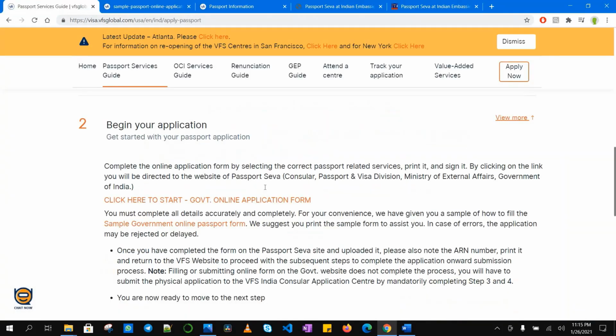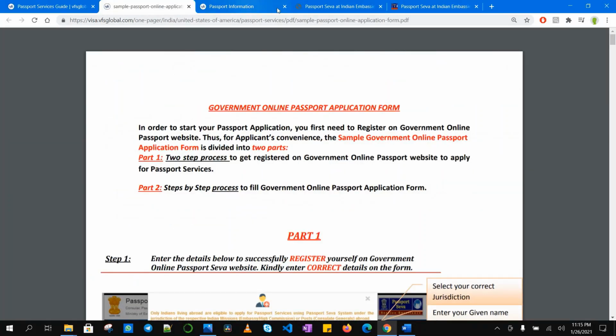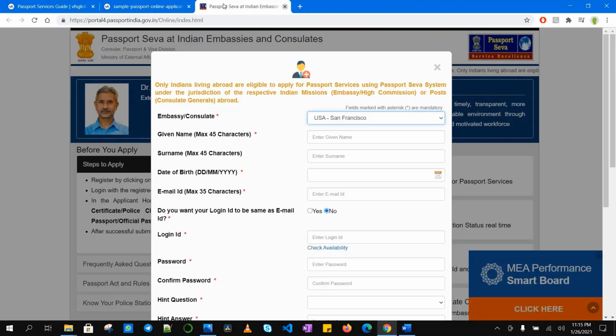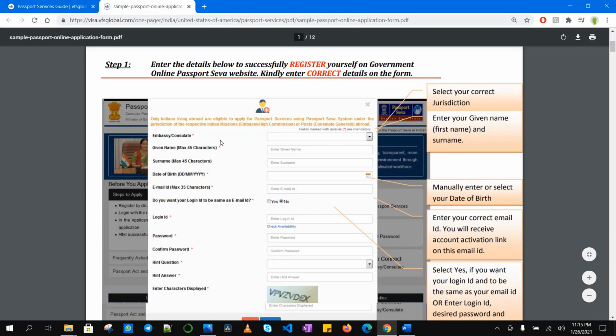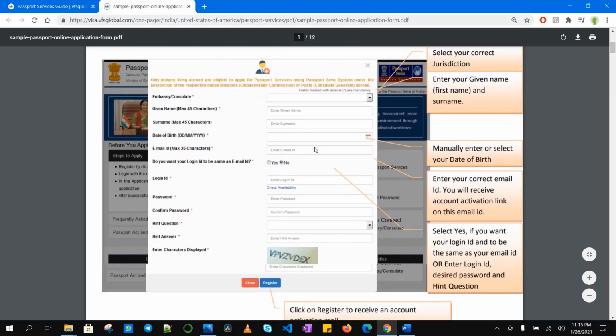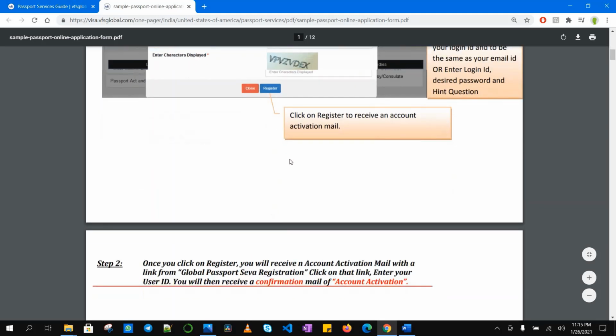Now, let's say there is also a guideline attached, a sample government online passport form. That's open on my website. I have just opened that, so I can quickly go through it. I told you we need to select which consulate, the state in which you are residing belongs to, and then you can provide all the required information like first name, email ID, and